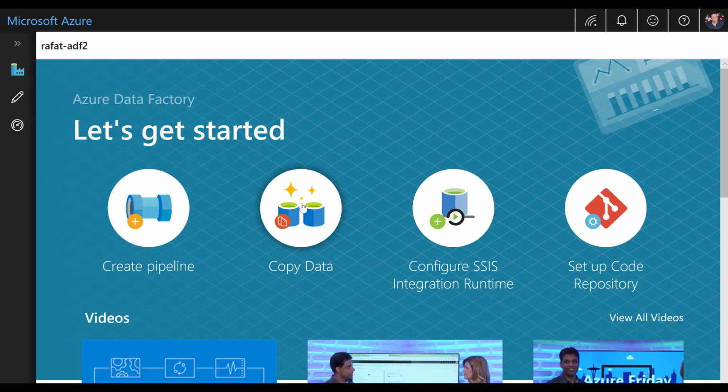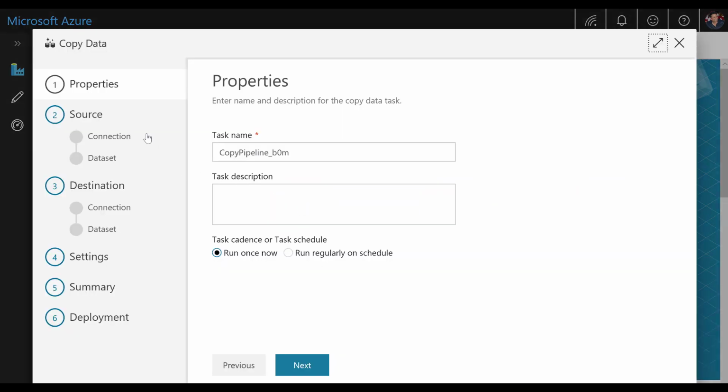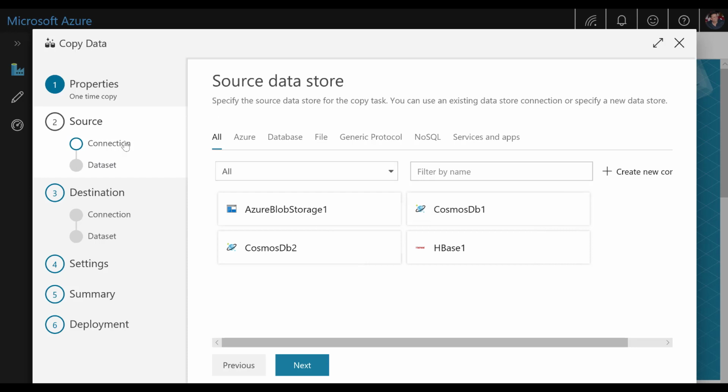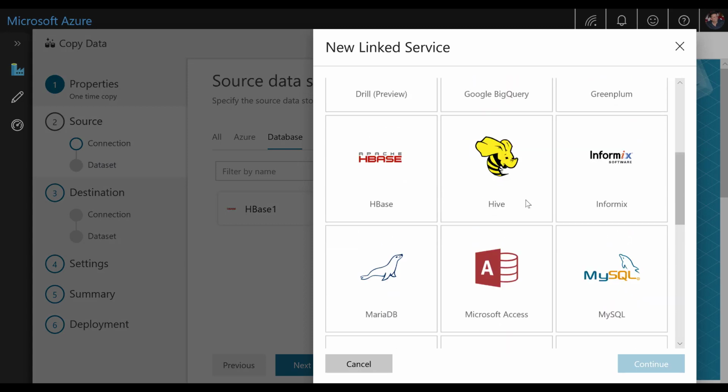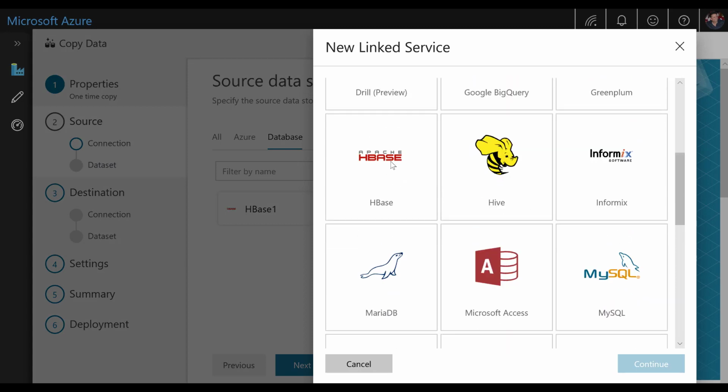So now click on this copy data, and here I can now create my source and destination. So this is my task name. My task name can be HBase to Cosmos DB. Next, and here I can come and choose my source. You can click on the database here and say create new collection, and you can come down and you see here HBase. So you click on it and say continue,